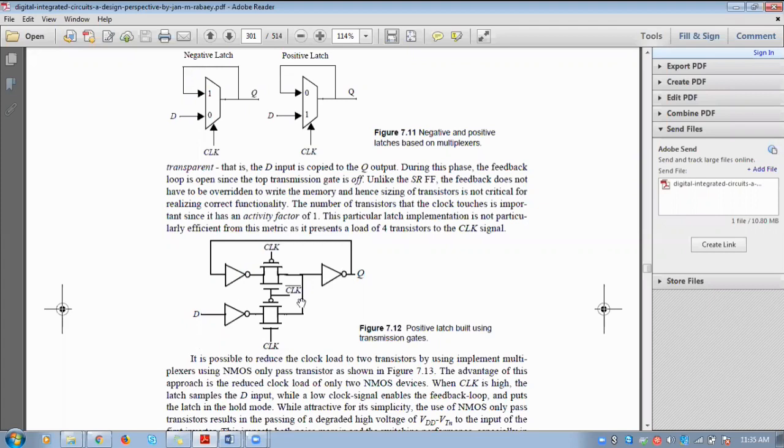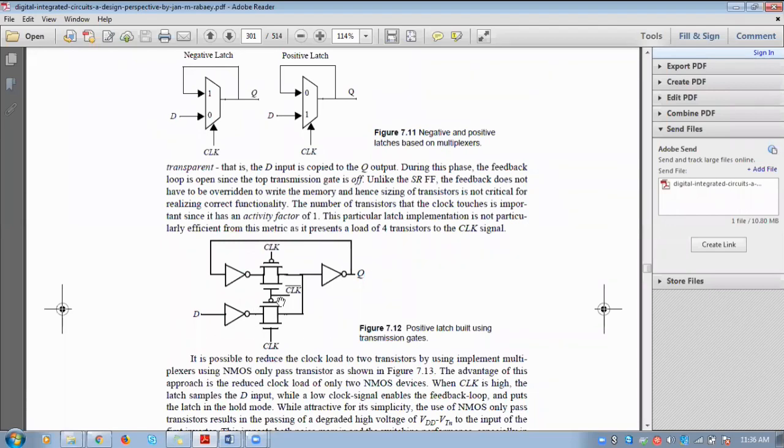So you can tell this is a positive latch, since D is coming out when I am applying clock equal to 1. When clock equal to 1, clock bar is automatically 0. So 0 will be applied to this PMOS and 1 will be applied to this NMOS. So this transmission gate will be on for clock equal to 1. In the same case, when I am applying clock equal to 1 here, it is a PMOS, right? So it will be off. Here it is an NMOS, and it will be off for clock equal to 0. So this feedback loop won't be active when I am applying clock equal to 1. So D will go directly to the output. So we can tell this is a positive latch.